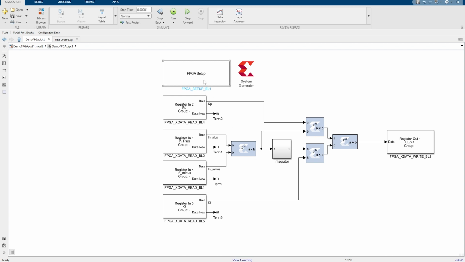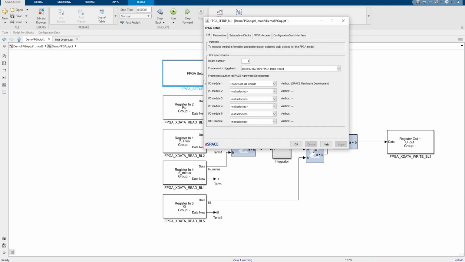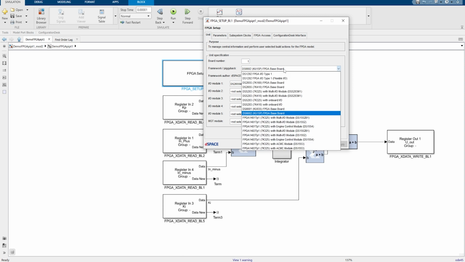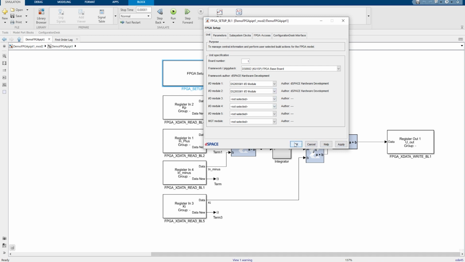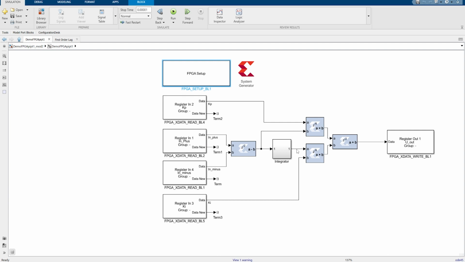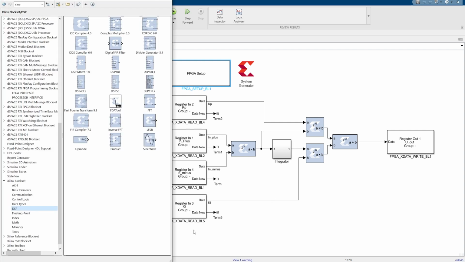When setting up a new FPGA model, typically the first step is placing an FPGA setup block within the model and configuring the FPGA platform within the drop-down menus. As next step, we'd like to extend the existing demo by generating a sine wave from the FPGA and outputting it through an analog output.